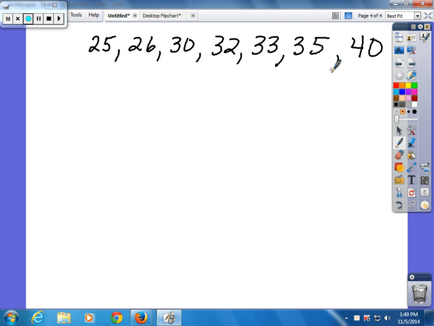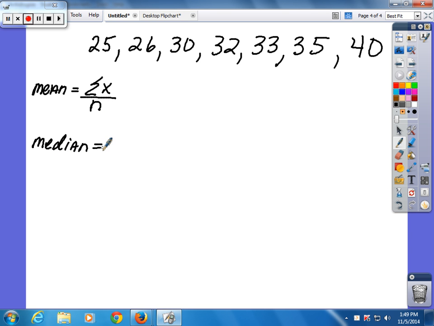So let's say these are ages of people in the classroom, all right? Or it could be IQ scores of people in the classroom. We want to be able to find the mean. That's a summation of x over n, and we talked about that in the last class, adding them all up, and then dividing by how many? That'd be 7. Median,